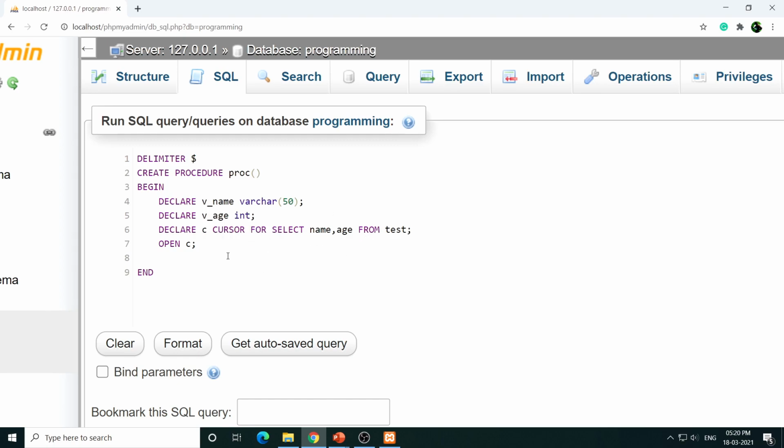Now I will just say here, okay, so basically this is how you start a loop. Here you just give the name to this loop and then followed by the keyword loop. So inside this loop I'm going to fetch. So I will just say fetch